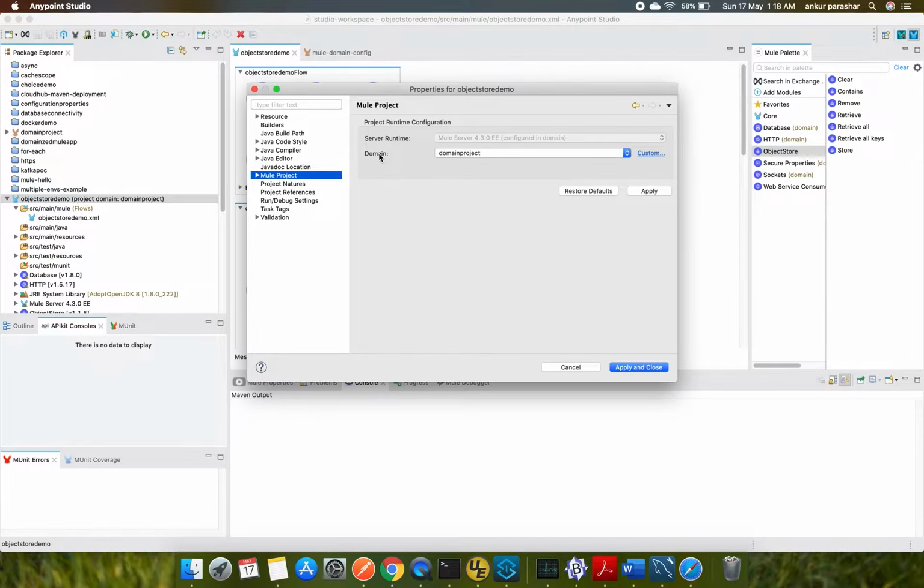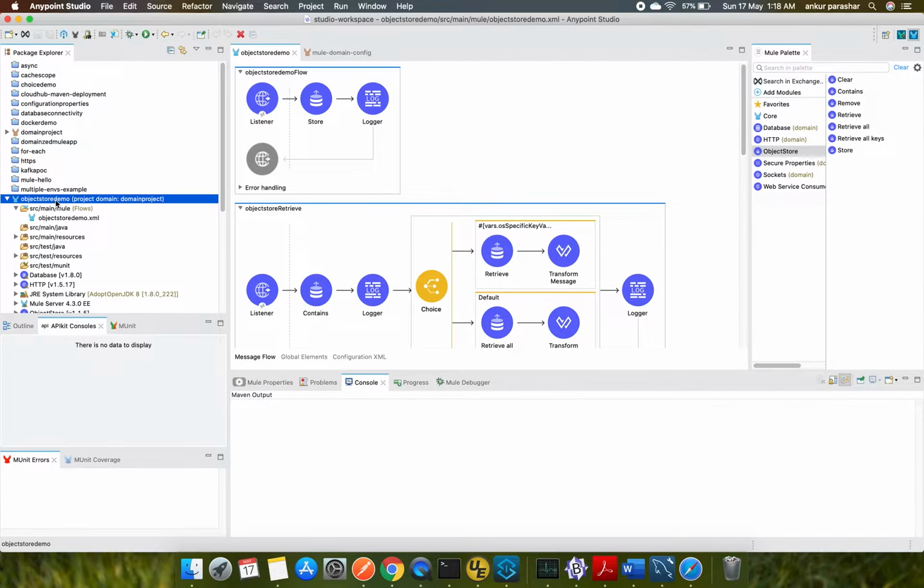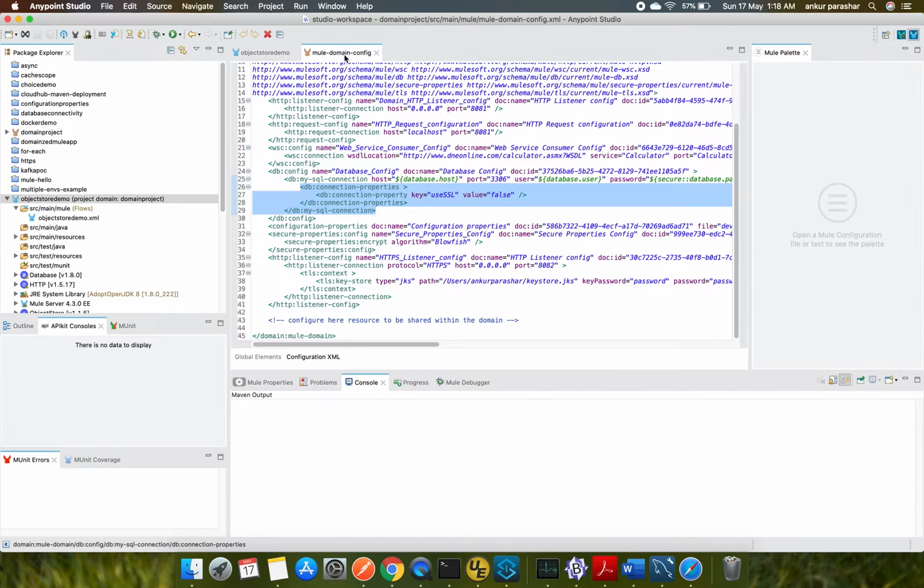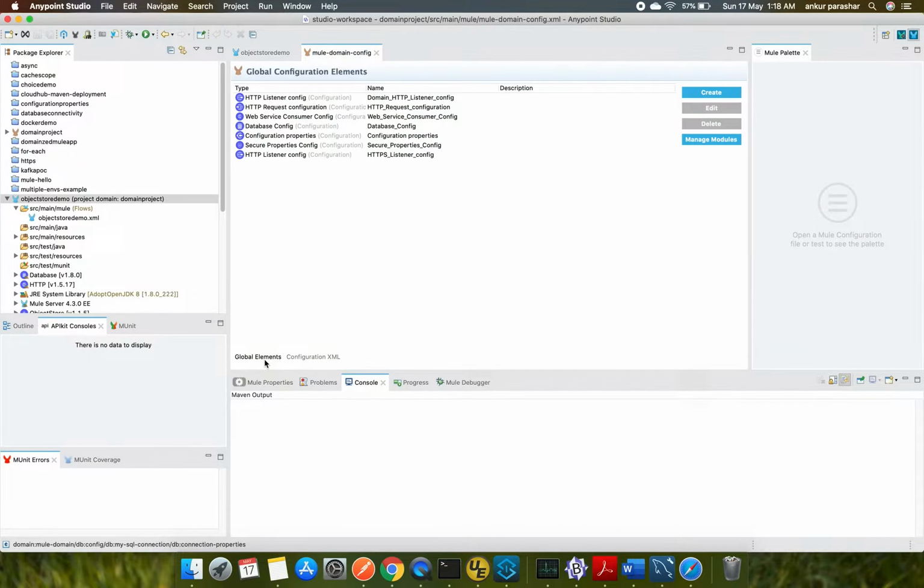Here you can see I am trying to reuse the connection which I already have maintained in the domain project. So I'm using this domain project, and this particular Mule application of object store demo is now domainized. Let's have a quick glance at the Mule domain configuration. I'll go to the global elements.